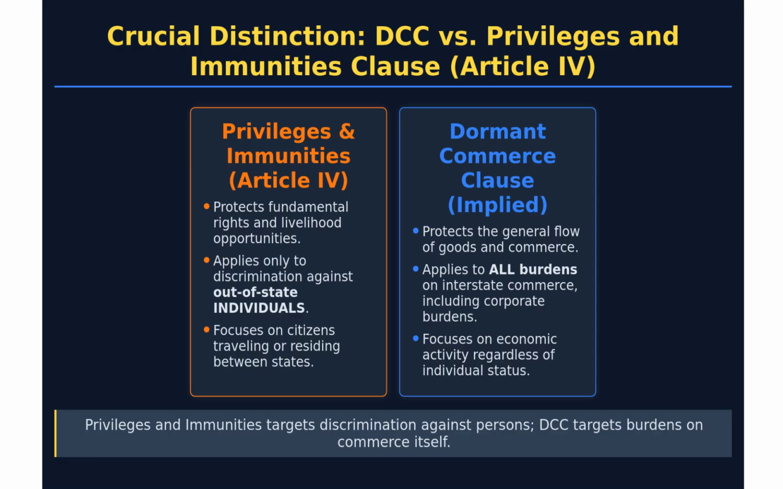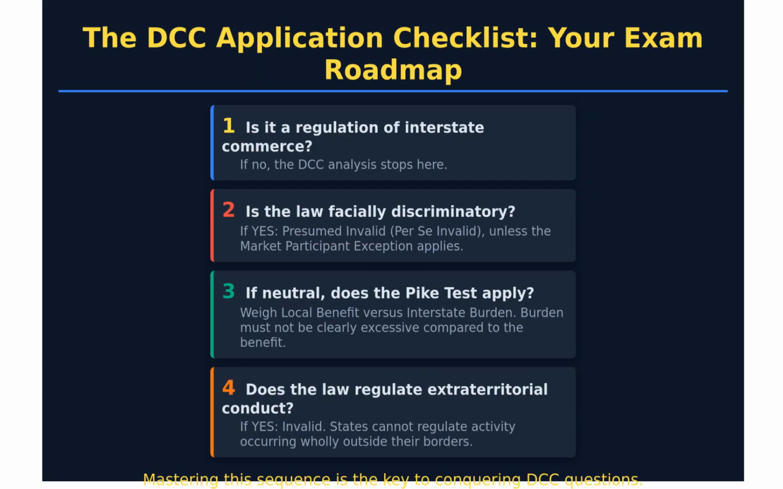Crucially, the Dormant Commerce Clause applies to burdens placed on interstate commerce, which includes burdens placed upon corporations, not just individual citizens. So, Privileges and Immunities focuses on individuals and fundamental rights. The Dormant Commerce Clause focuses on the movement of commerce itself, regardless of whether the entity burdened is a person or a company. Having clarified the distinction between the Dormant Commerce Clause and the Privileges and Immunities Clause, we now